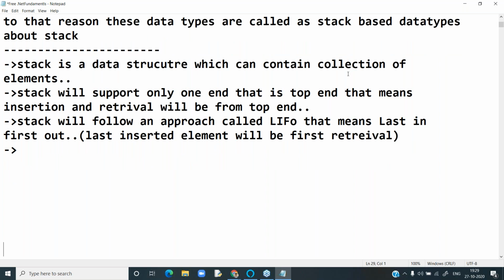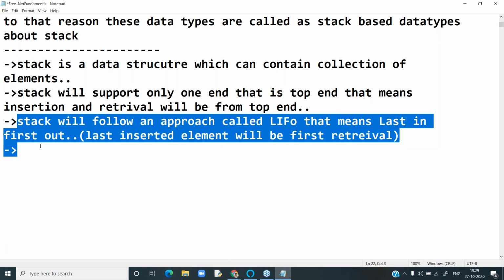Here you can call this insertion, and this is called retrieval. First in 10, second 20, third 30, fourth 40, 50. So you insert from the top end.